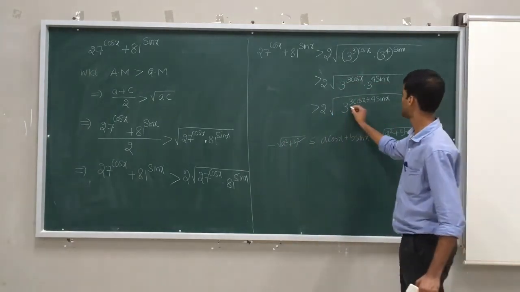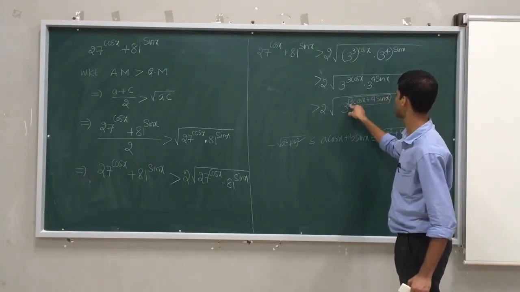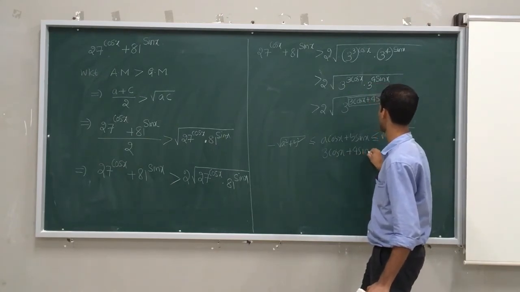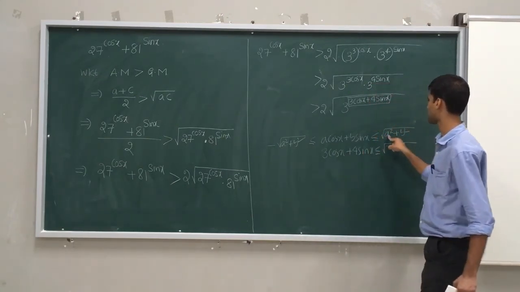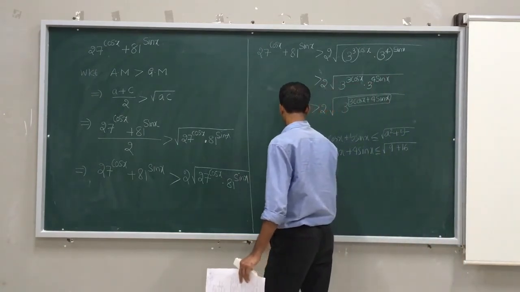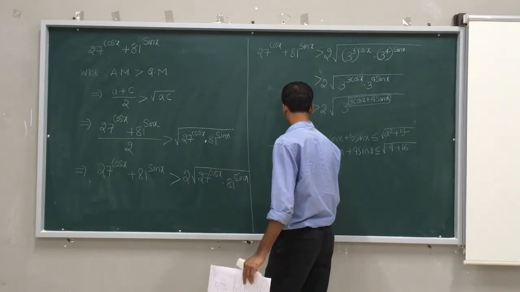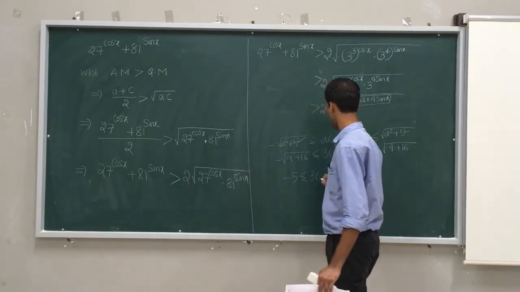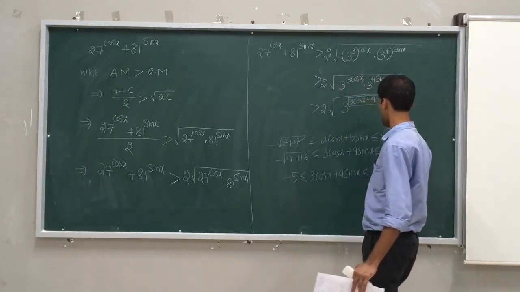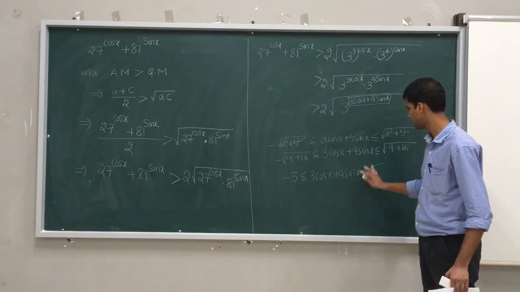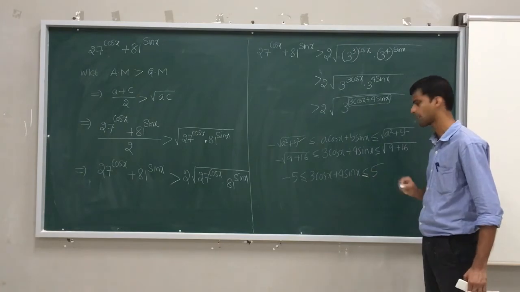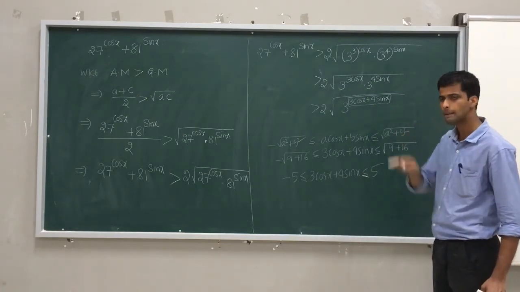Now in place of a and b, just check. Here you have 3 cos x, which is 3, plus 4 sin x, which is 4. So I can say it is under root of 9 plus 4 squared, 16, so it lies greater than minus 9 plus 16 under root, that is minus 5, less than or equal to 3 cos x plus 4 sin x less than or equal to 5. If it is only like this, we are helpless to get the answer. But luckily we have an expression like this, and we are speaking about a minimum value.